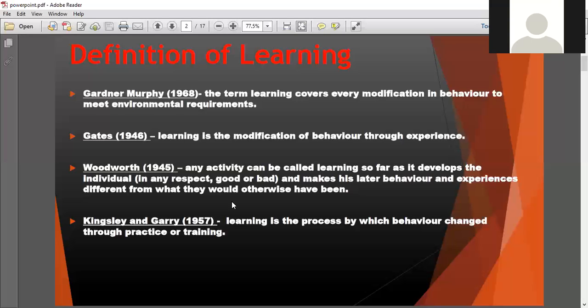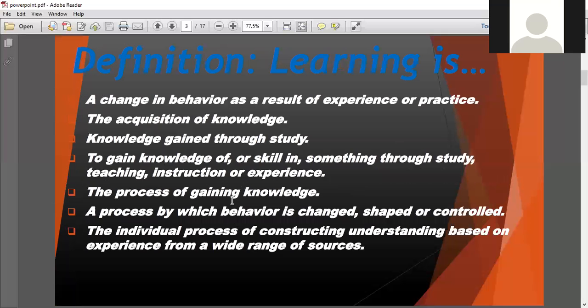So that is learning. Now the second aspect. As you can see, the definition that we saw above looks at change in behavior as a result of experience or practice. So it is important that learning is so far considered as change in behavior. It's important that we keep in mind we are still defining learning as change in behavior, and this change is taking place as a result of going through a certain experience or a set